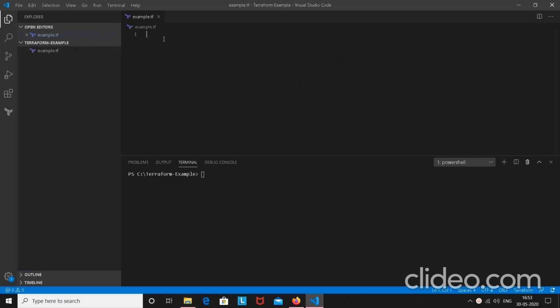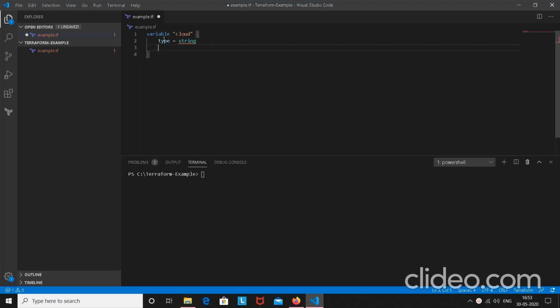Now the next step is to declare a variable. For that I have to write the keyword variable, and it expects a name. I am going to give the name of the variable as cloud. Next I need to define the type of the variable. Here cloud is of type string.